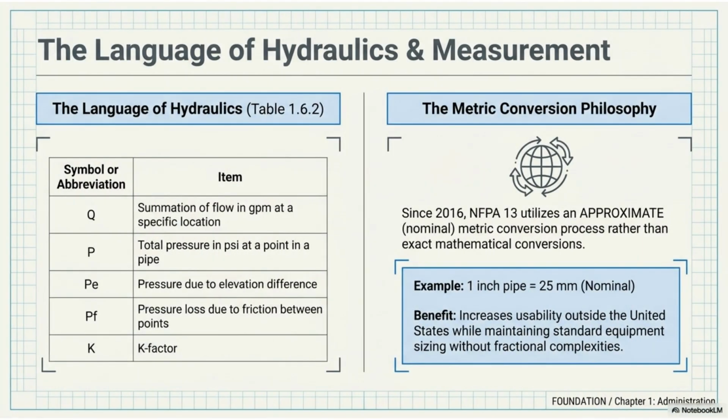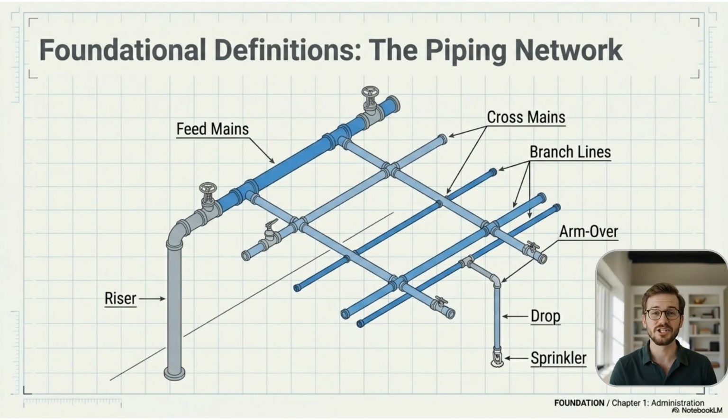Understanding hydraulics involves symbols like Q for flow and P for pressure. Since 2016, NFPA 13 uses an approximate metric conversion philosophy, simplifying usability outside the United States by avoiding fractional complexities. Foundational definitions for the piping network include the riser, feed mains, cross mains, branch lines, arm over, and drop, which